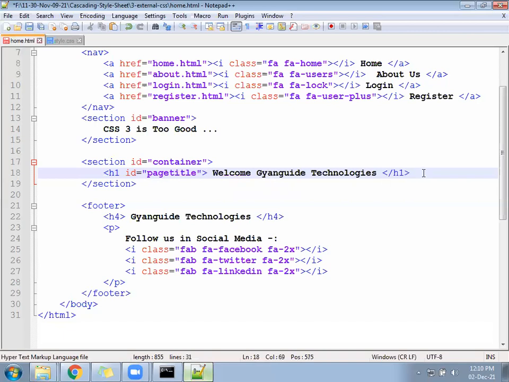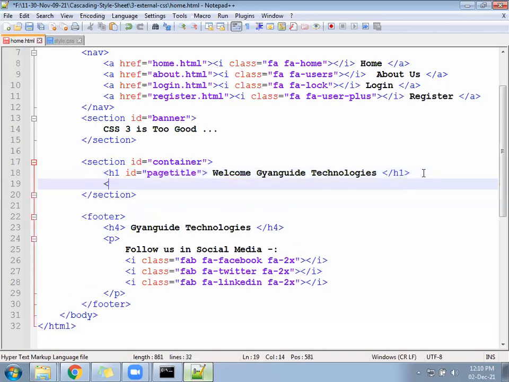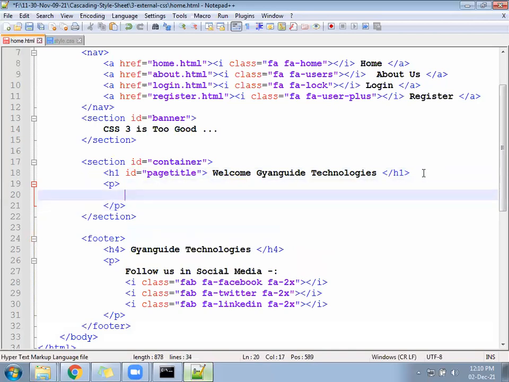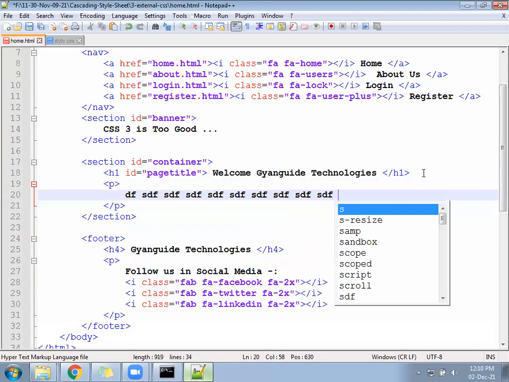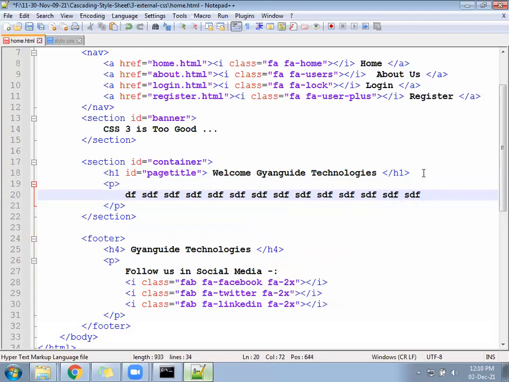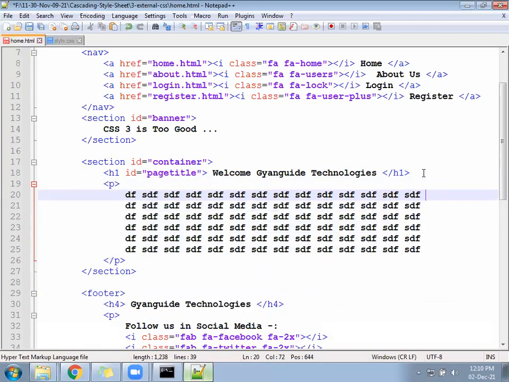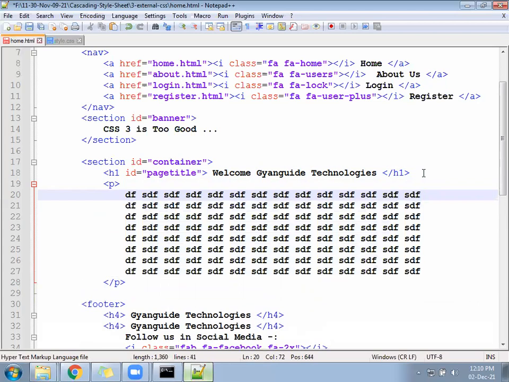Next, after that, we will follow with the paragraph. Display some text in the paragraph, 2-3 lines. It should look like the page is filled.